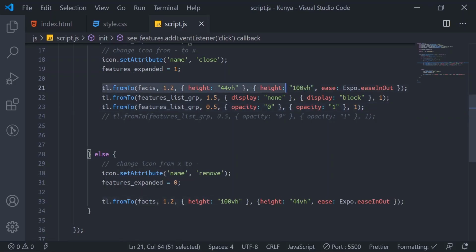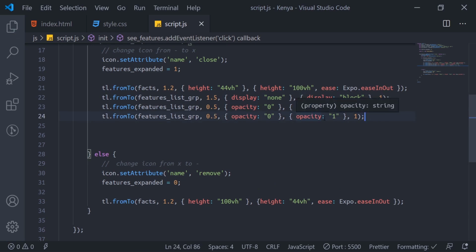All right, so this first one is responsible for increasing that black box, to increase it from 44 to 100, that's the expand arm. This second animation is responsible for making sure the remaining list items, those contents, show. For this one I will give that ease feeling, so it doesn't just come out at once like that. Then this next one I want to do here will make the thing fly, so it's not just vanishing. As the thing vanishes, it will come in like a slide coming too.